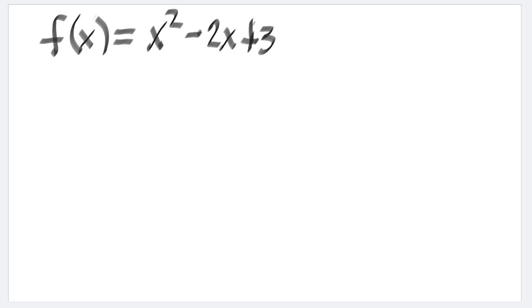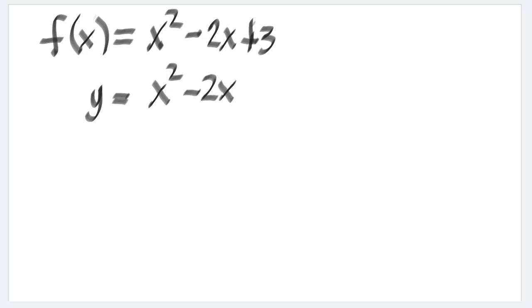So this is a parabola with a vertex at 1 and 3. If this is, we will denote this one as y is equal to, this is our dependent variable, x squared minus 2x, and then